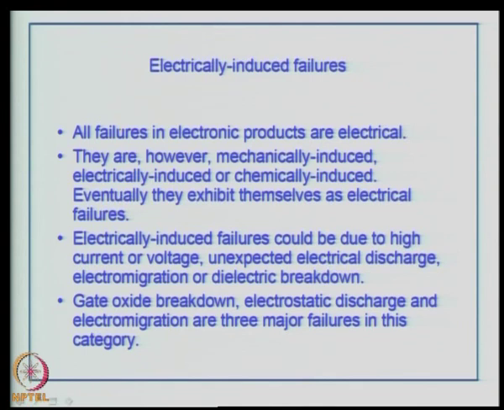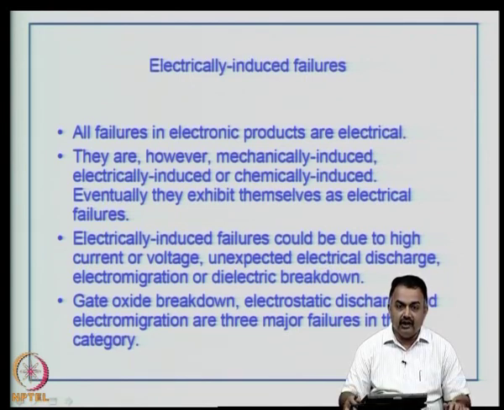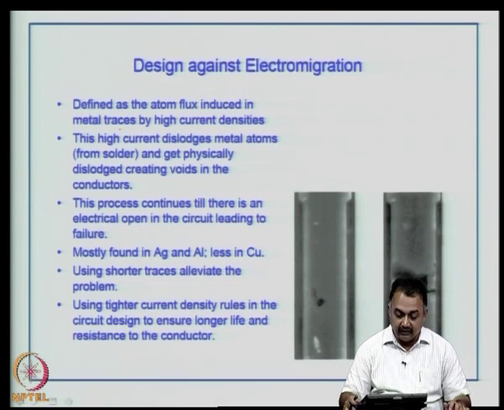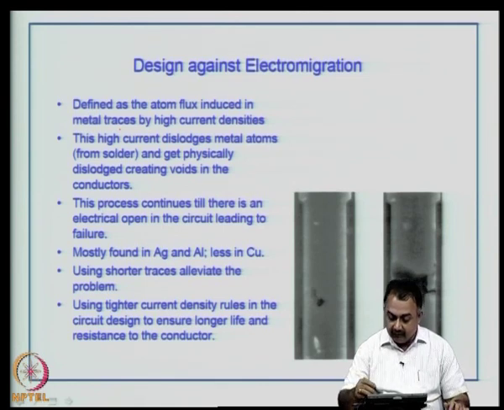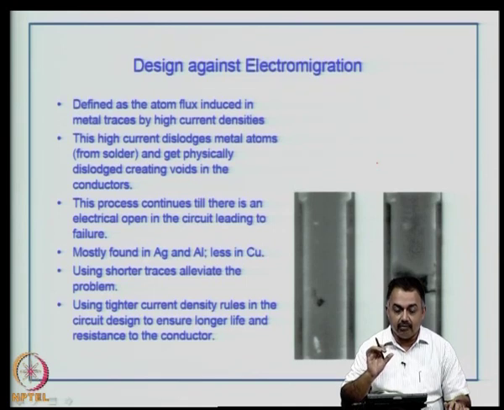So, electrical failures: all failures in electronic products are electrical. They may however be mechanically induced, electrically induced or chemically induced, but they exhibit themselves as electrical failures. So, you can expect a lot of these kind of failures, especially gate oxide breakdown, electrostatic discharge and electromigration in this category of electrically induced failures. The important thing which I want to mention is electromigration, especially if you look at tracks and the spacing between tracks, and if you have not protected them well, you can expect a lot of migration,